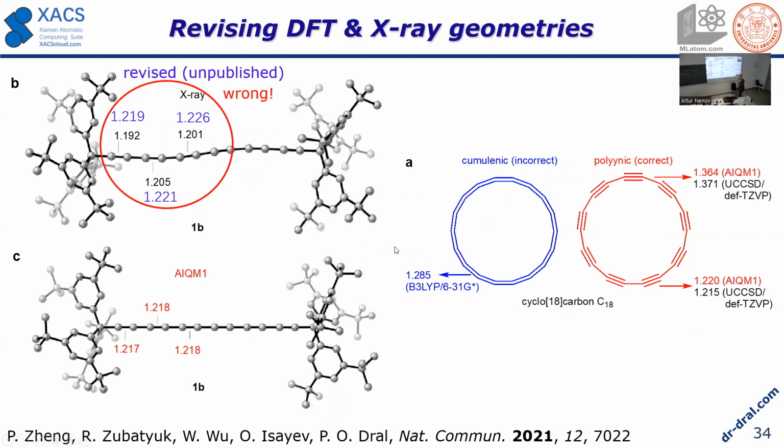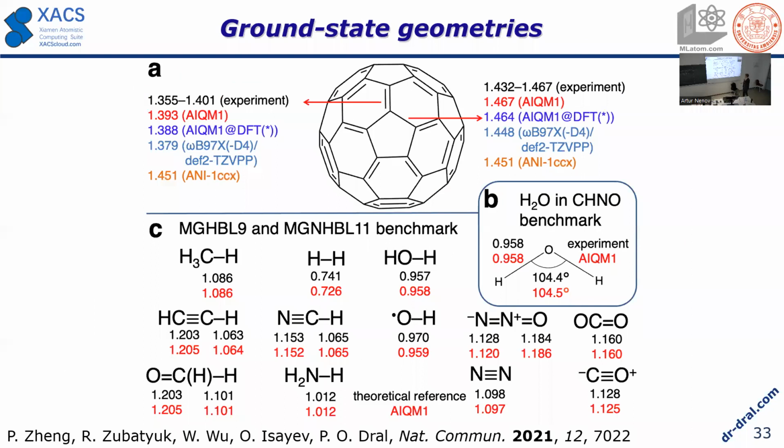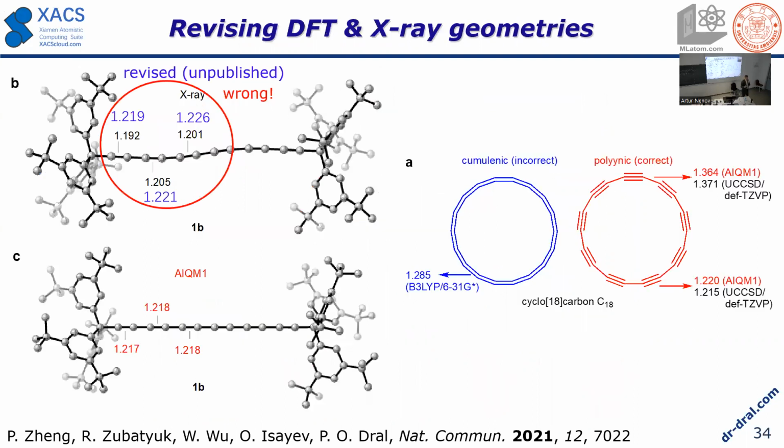All right. So if you take a big molecule, the problem was that we all trust X-ray, but then I checked the X-ray values here in black and compared to AIQM1, and you see there was some disagreement. And when I go back to this line, you see the triple bonds are actually described quite well, so there should be no reason why AIQM1 gives such a bad prediction here. And indeed, we checked with experimentalists again, and they did better experimental measurements, and the new values are in better agreement with AIQM1. So basically, we're at a stage where we can correct experiments with it.